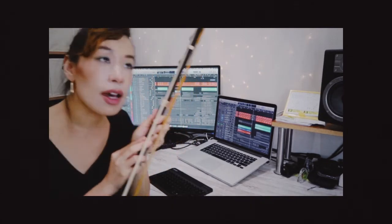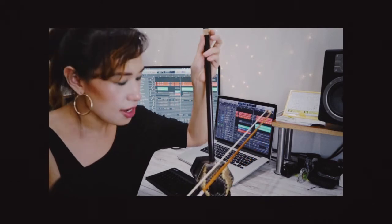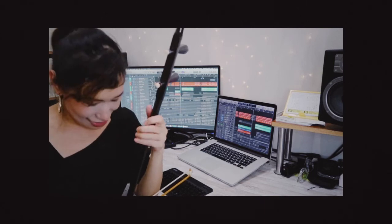And the really interesting thing about this instrument, and I think a lot of ancient cultures have similar ones, is that the bow is actually stuck between the two strings. There are only two strings, a D and an A is the traditional tuning, and the bow is stuck between them. So usually you rest this on your, you can't see it, I'm sorry, the camera, whatever,